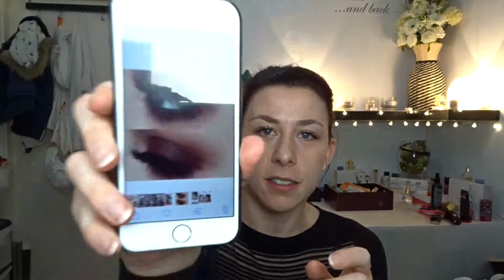Today I'm going to do a bit of a Valentine's look. I've been inspired by a couple of photos on Pinterest, so I'm going to do a bit of a hair and a makeup look if I can. Don't know if I'm going to be able to do it because I'm not very good at hair, but we'll try and figure it out. Been inspired by this